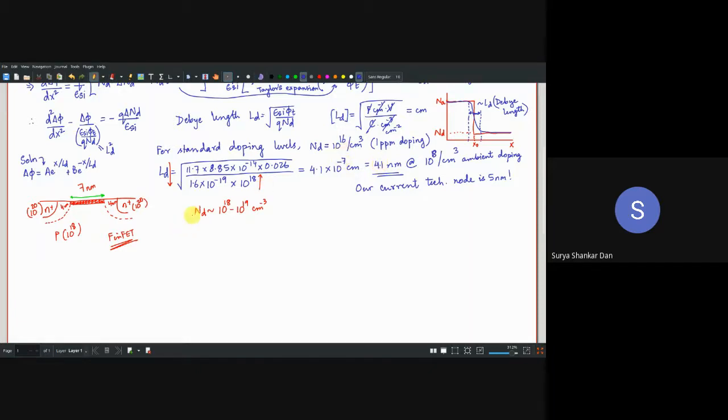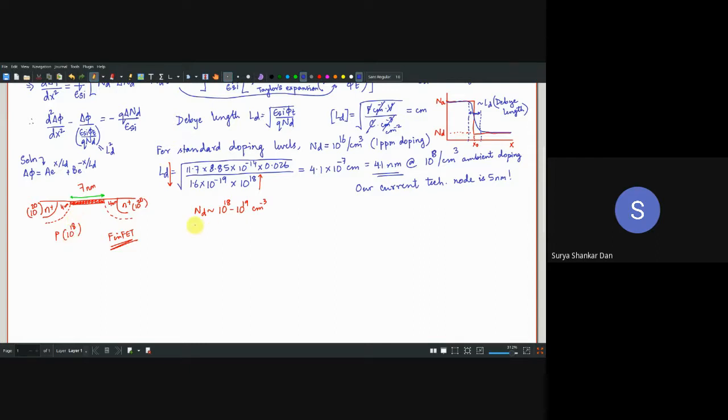You have to increase the doping levels of the substrate. Got it, everyone? All of you with me? Okay. So later on, when we do the scaling theory towards the end of this semester, we will learn that when we are scaling the technology, then we have to go on increasing the doping levels.